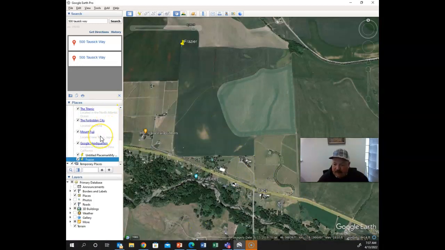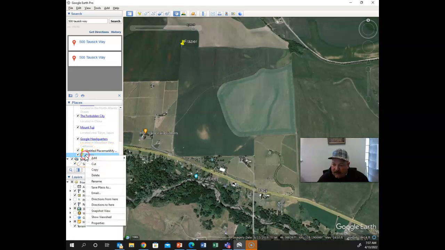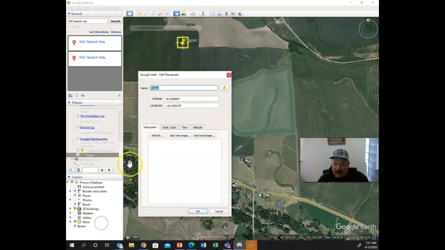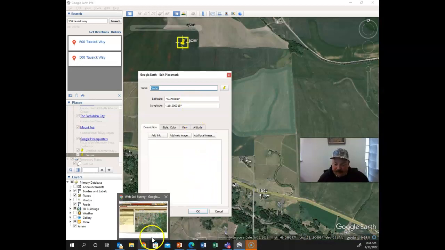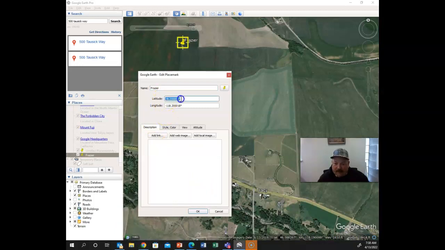Okay, so if I go back down to my temporary places, I don't know where Frazier is, there it is. So I can look at the properties of that, and what I'm after is those GPS coordinates right there. So now I want to take you back to Web Soil Survey. I am going to copy my latitude,